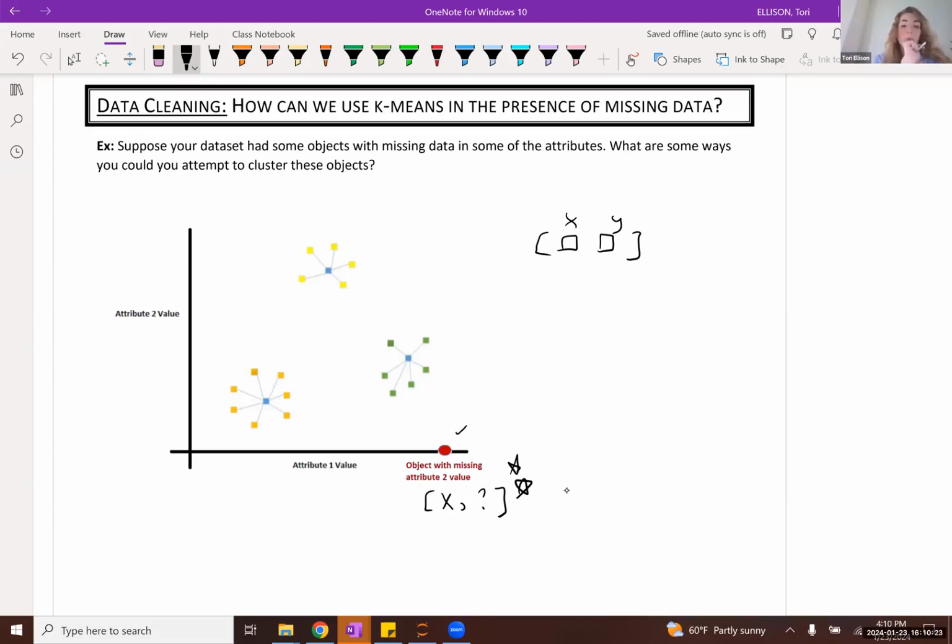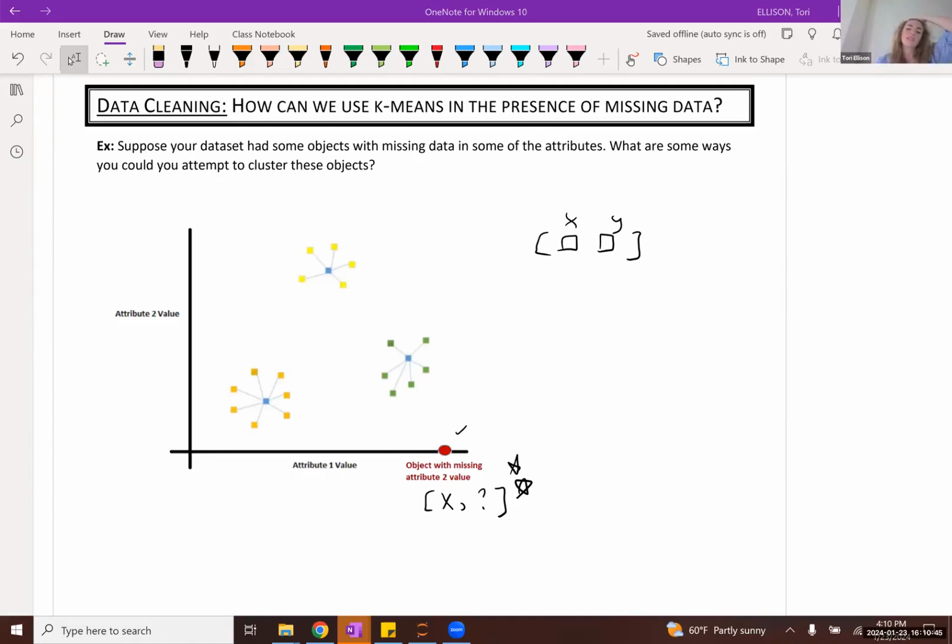Yeah, so there's actually a couple of things that you could have done. One thing you could have done first is you could have maybe taken your data with missing values, and rather than dropping them, you could have imputed those missing values. But we want to be careful about, especially for cluster analysis, how we go about imputing those missing values.